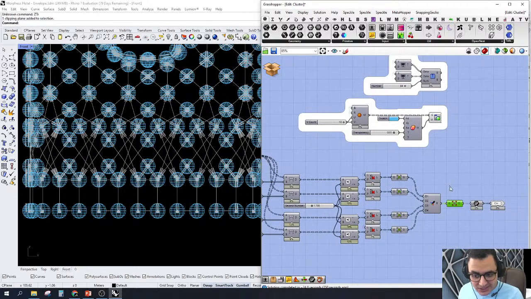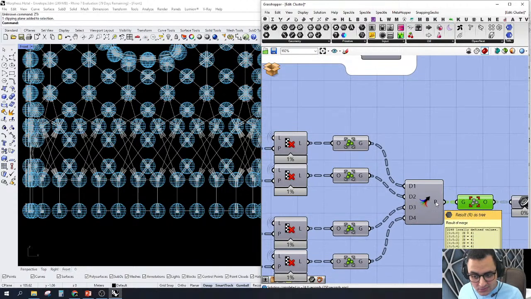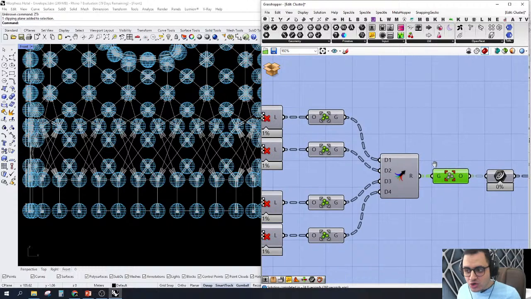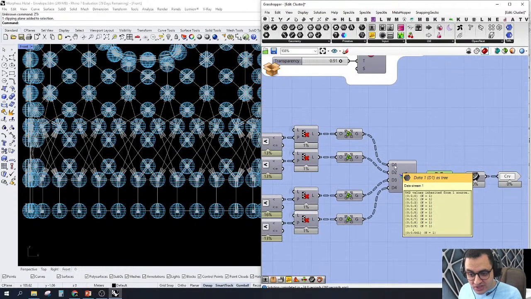And that's basically it after grouping. Why I grouped them? Because I wanted to merge them, and unfortunately when you want to merge something like this,